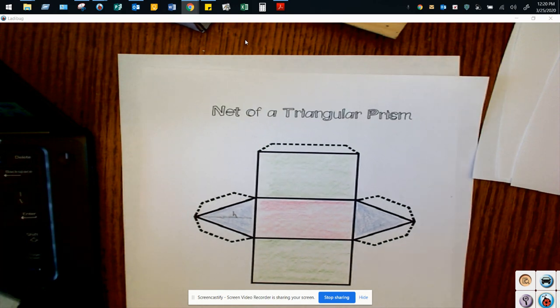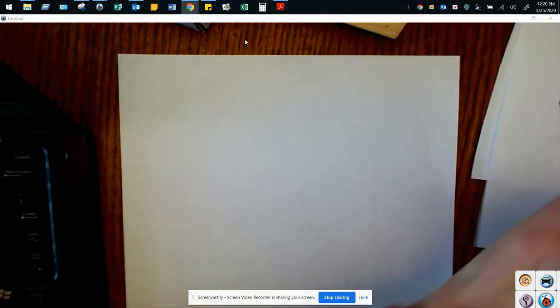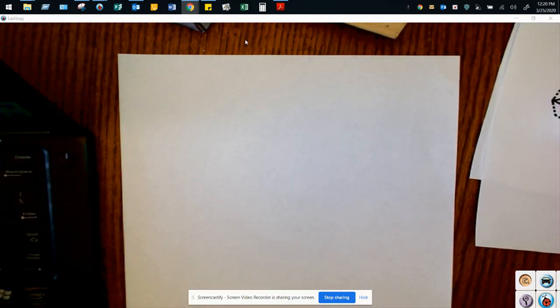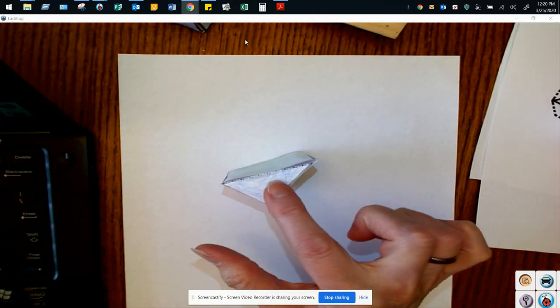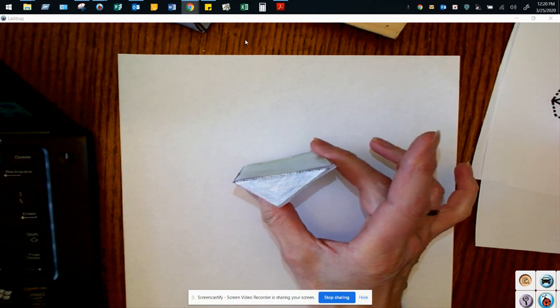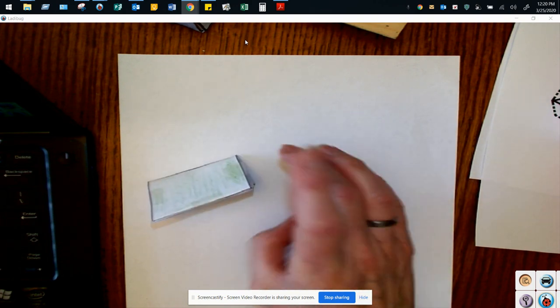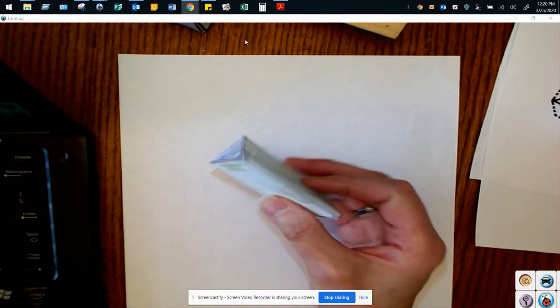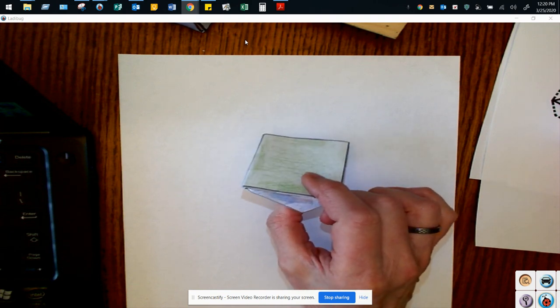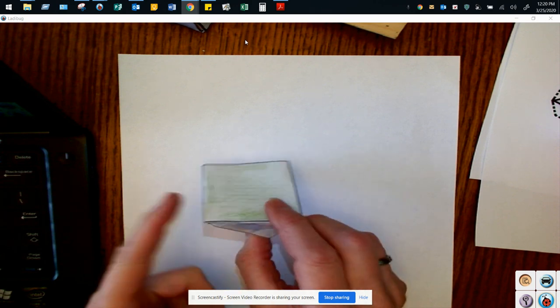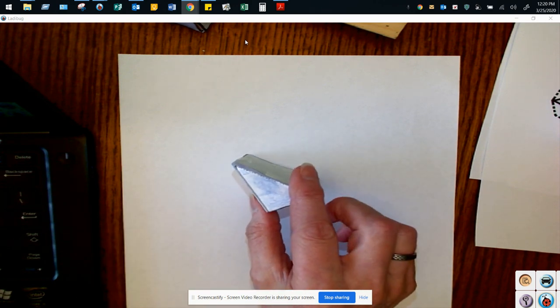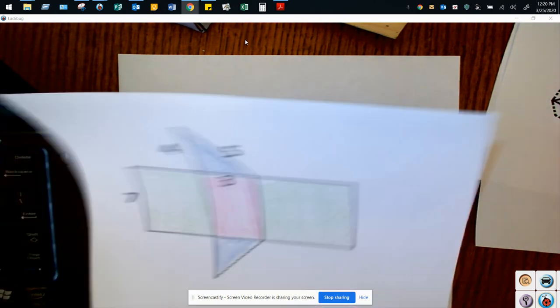There are other kinds of triangular prisms that you might run into. You might have one like this one, where the triangle that forms it is actually scalene. So all three sides are different. So all three of my rectangles are going to be different as well. Even though I colored these badly, I should have made each one a different color, because all of these sides are going to be different. When I take a look at the net for this,